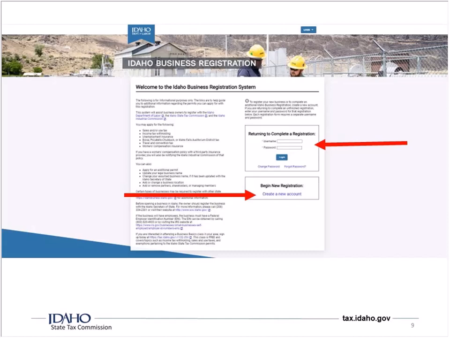If you say you're not going to have any employees, then it won't ask you questions about the withholding. So it varies. You'll just start this, walk through it, and answer the questions. None of them are trying to trick you. They're just asking for information so that they know which permits you're going to need for your particular business. And if you don't finish it in one sitting, you can save it, and when you come back, you can log in using the top arrow and just begin where you left off. Okay. Any questions about that?